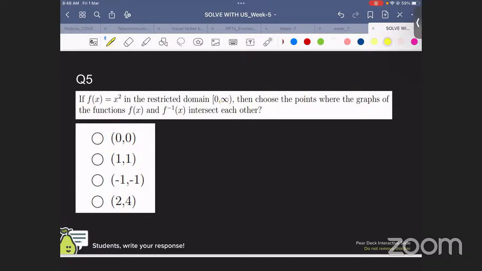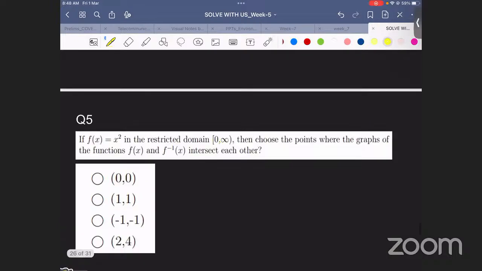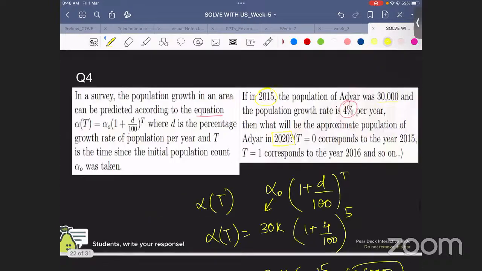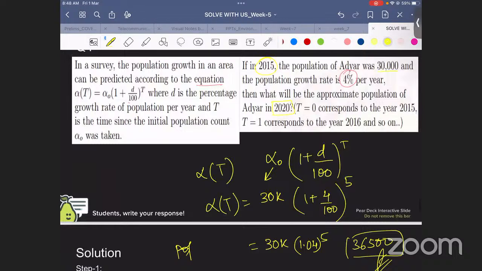Can you show the fourth question? Okay. Sir, can you please explain it again to understand it properly? So what I was saying is,